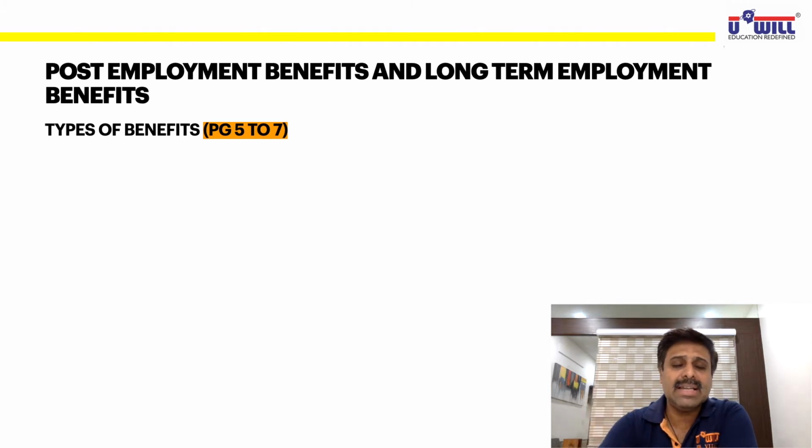We had seen various examples. In post-employment benefits in the last lecture, we saw examples of gratuity, pension, provident fund. These are to be given after the employment is over, when the employee retires. And in long-term employee benefits, we took sabbatical leave, medical and disability benefits, etc. So basically all of these we discussed, gratuity, pension, provident fund, superannuation fund, retirement funds, sabbatical leave, medical benefits and disability benefits, are mainly of two types.